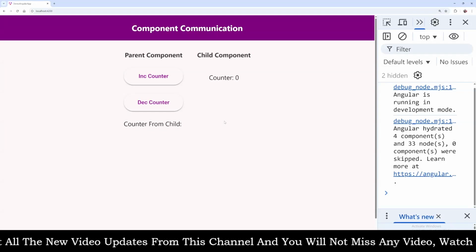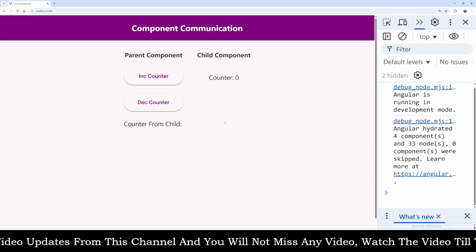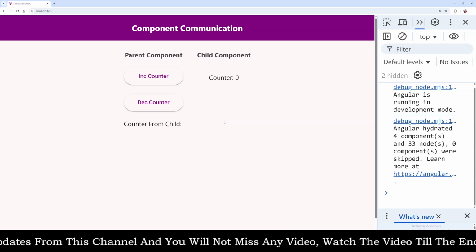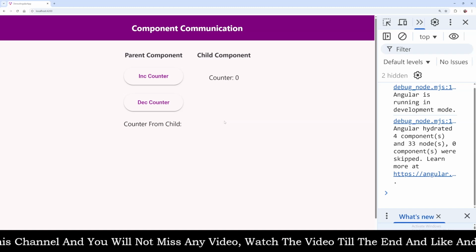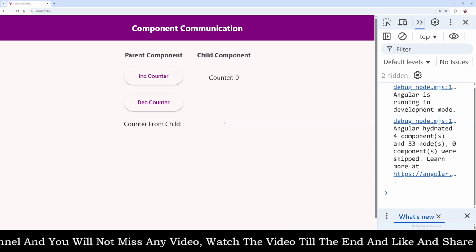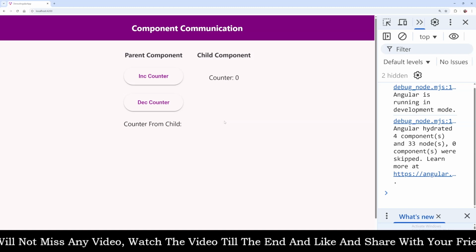Today we are going to discuss the ViewChild decorator, and this ViewChild decorator comes with a parameter called nothing but a selector, right? So we need to pass a component as a selector to this, and the basic difference between ViewChild and